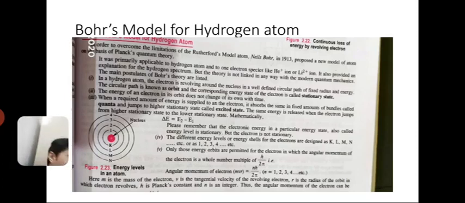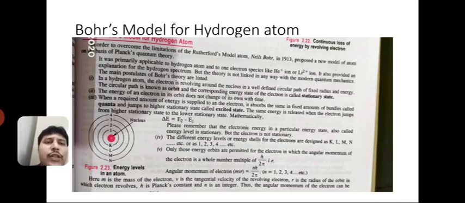The first one is, in a hydrogen atom the electron is revolving around the nucleus in a well defined circular path of fixed radius and energy. The circular path is known as orbit, and the corresponding energy state of the electron is called stationary state. Second,